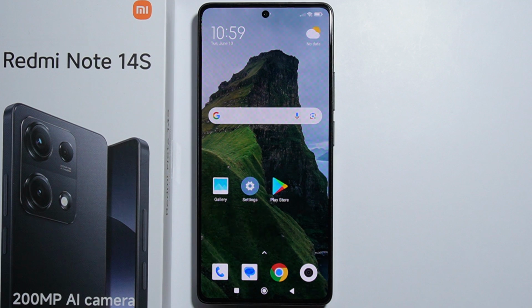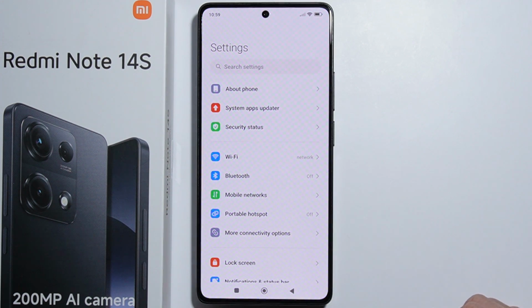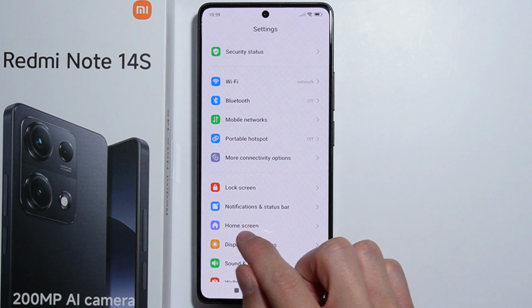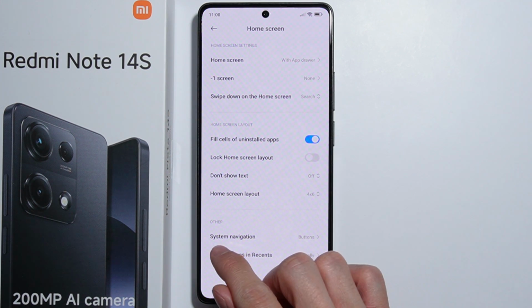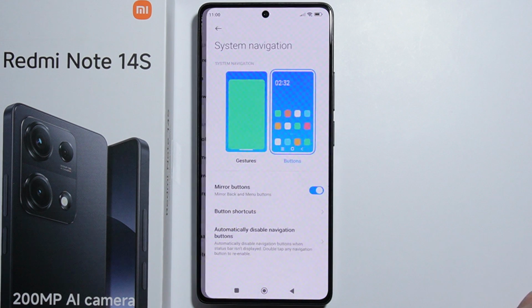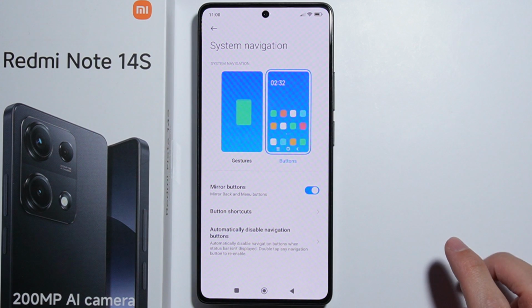To set up system navigation on the Redmi Note 14S, all you simply have to do is first go into the settings. From here you'll have to scroll down and go for the home screen, and from there you'll have to scroll down again and you'll find the system navigation. So let's go in there, and from here you can choose the two types of system navigation, which is the